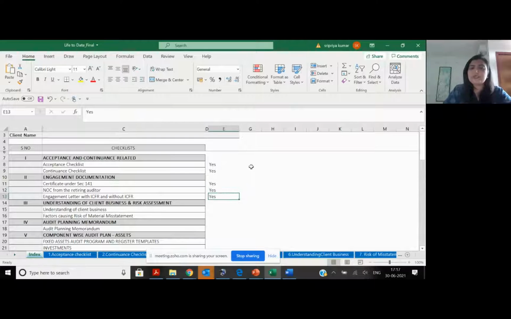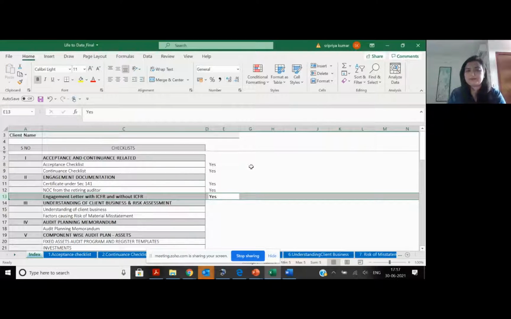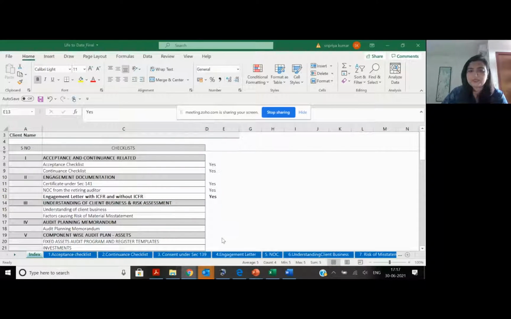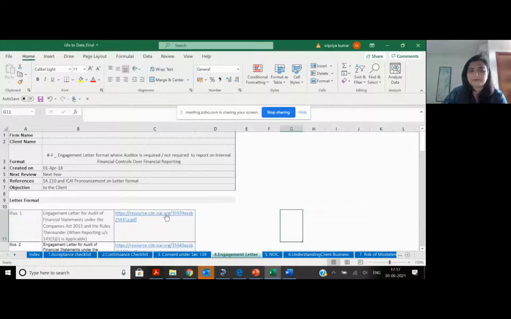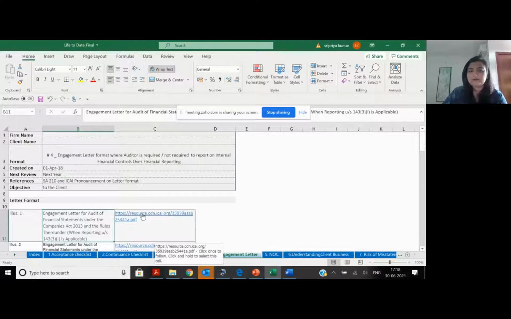You have to sign an engagement letter with the client. In what format should I sign the engagement letter? Please sign it in the format which ICAI has given. I'll walk you through that. There is a particular sheet here called engagement letter. All you have to do is just click. If ICOFR is applicable, you click here, go through this, get it signed.